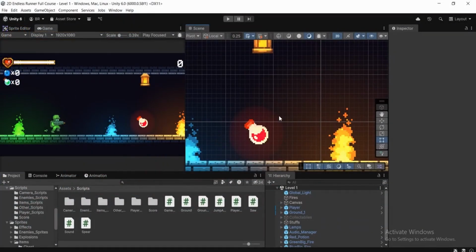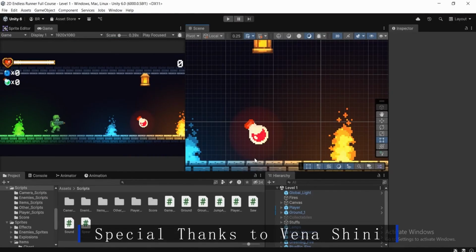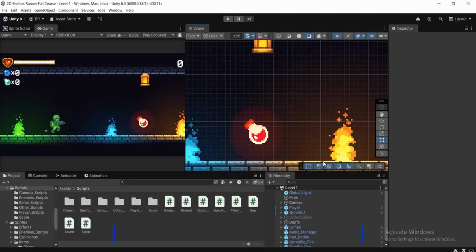In order to add power-ups to our game, we're gonna use a scriptable object. Scriptable object, basically you can think of as a data container. We're gonna have some data, for example player speed, player jump height, like that. And we're gonna use that scriptable object, or that container, in order to add a power to our player game